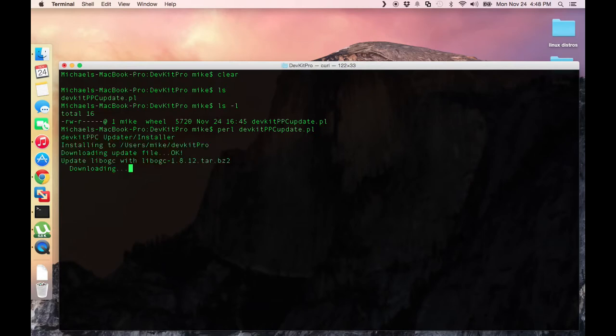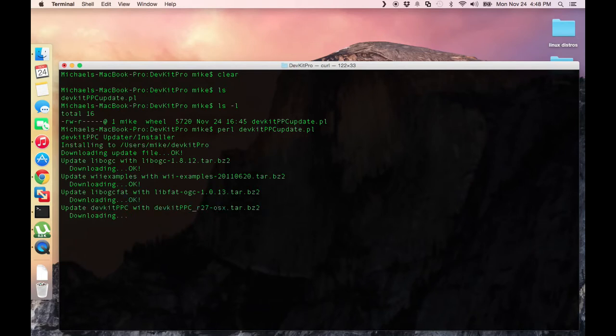Hit enter, and it's going to start downloading the stuff, and it's going to install right into my users folder, Mac DevKitPro. And I'm probably going to pause the video while all this is happening because it's going to download a bunch of files. It's probably going to take a little while, but